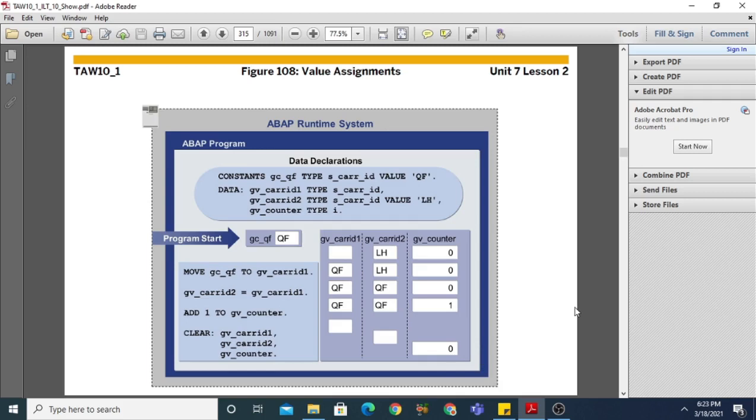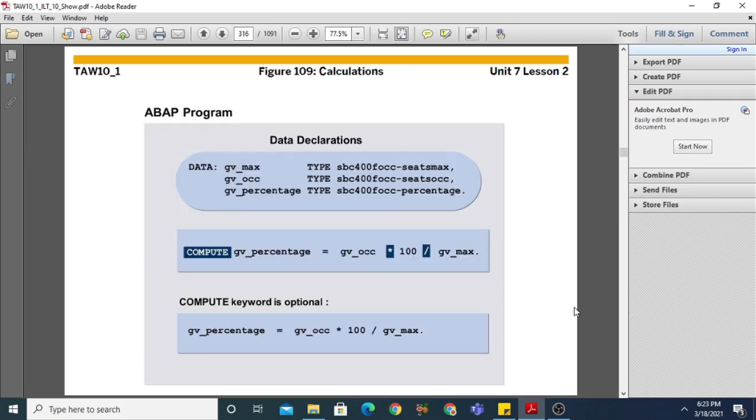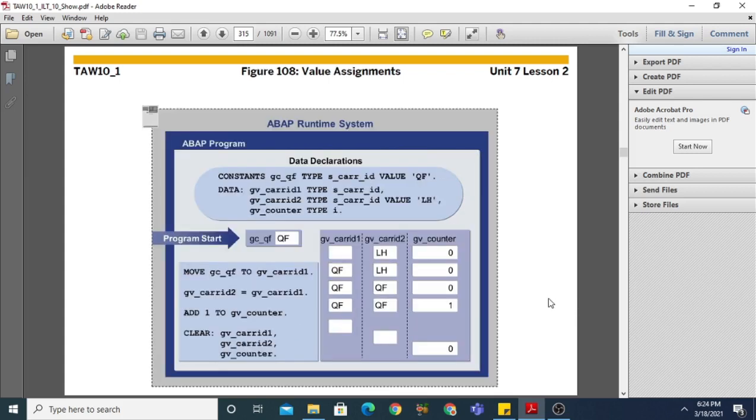So this was all about this slide, and now we are moving on to the next topic, which is calculations. Before proceeding to the next slide, I just want to tell you more about this clear statement.